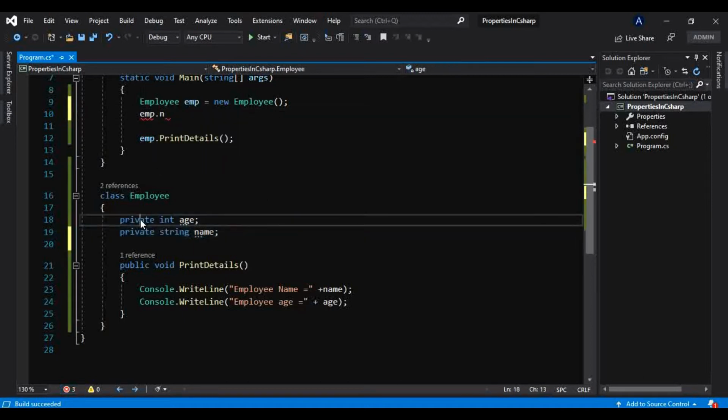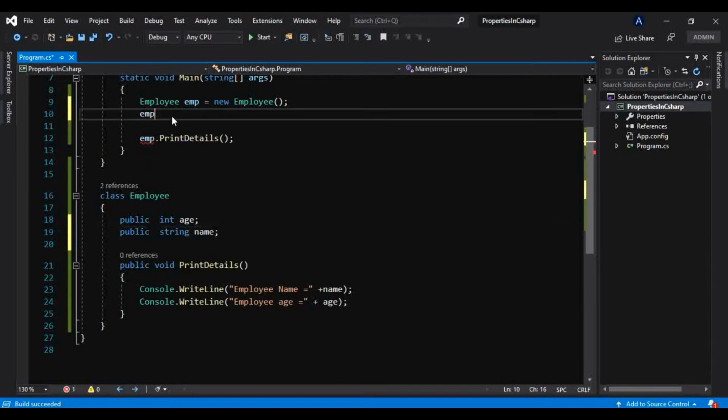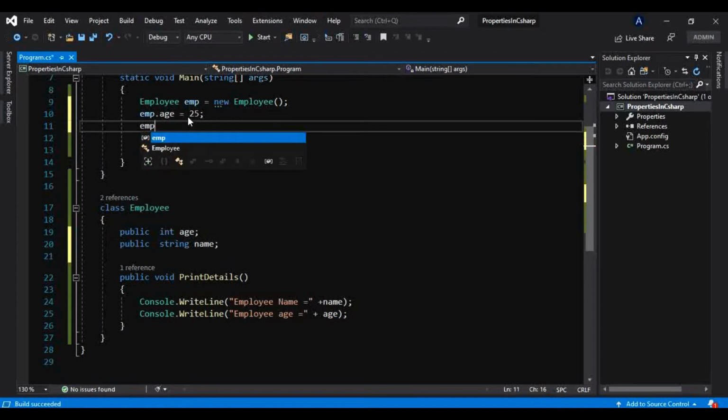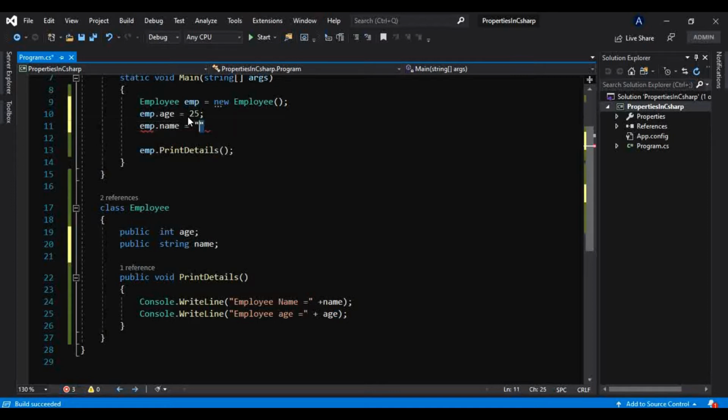So in that case you have to make this public. But now as soon as I make them public and let the user initialize them like this, let me have values here. Emp.name is equal to Akshay.